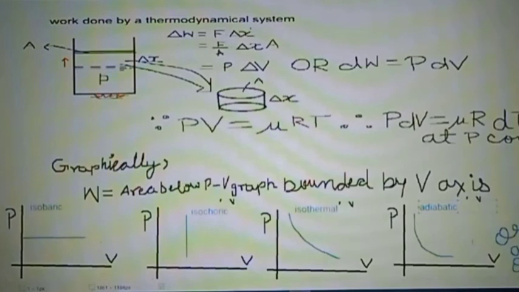And you can see here in the isochoric process, there's no change in volume. It's a straight line and no area under the graph bounded by the volume axis. So work done there is 0. And this is what we can understand, that if volume is not changing, then there is no thermodynamical work done. So this is the basics of